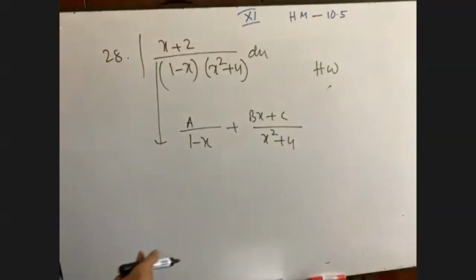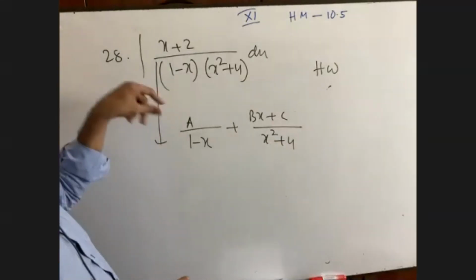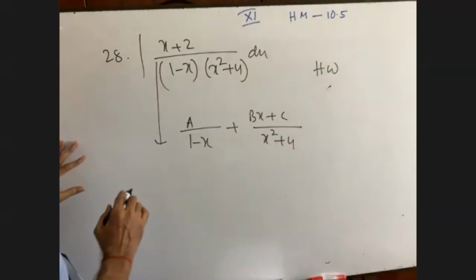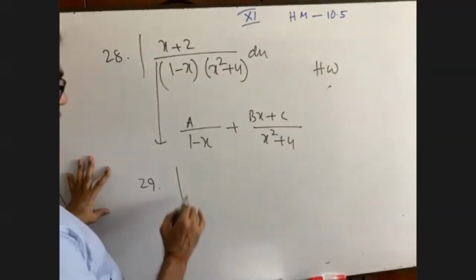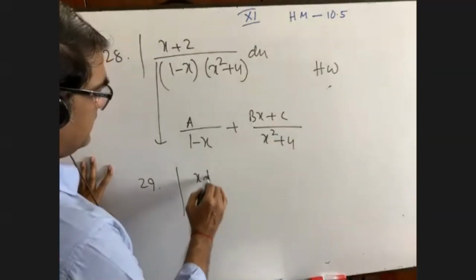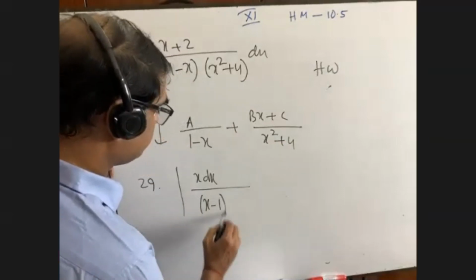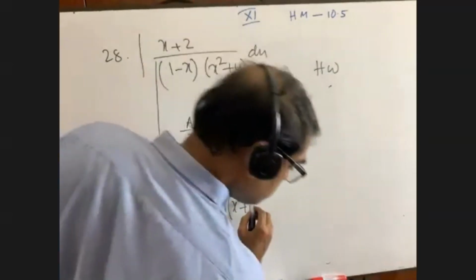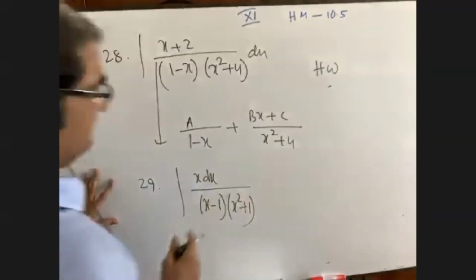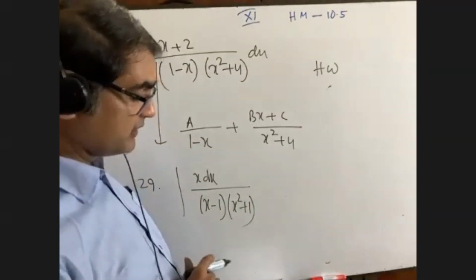You can easily integrate it, but it may be a little bit harder for you for partial fractions. But you did a lot of maths on partial fraction in class 9 and 10, exercise 2. But I will not listen to anyone, you are bound to do this math. X dx by x minus 1 and x square plus 1 whole square. Oh, no whole square. This is the math. You have to do it at home. This is the most important math in this exercise.